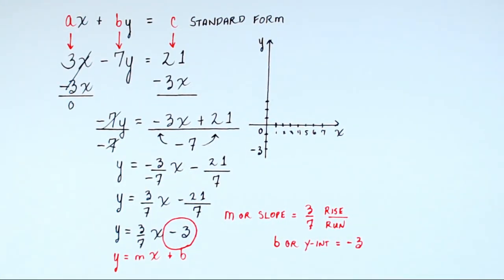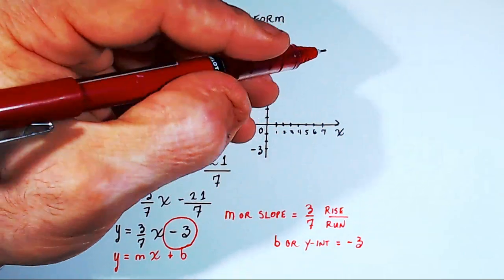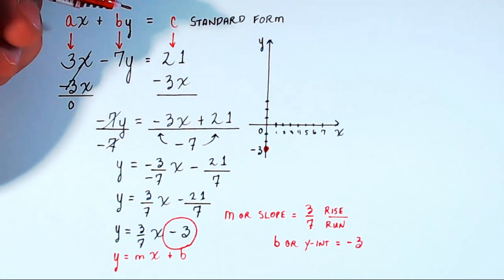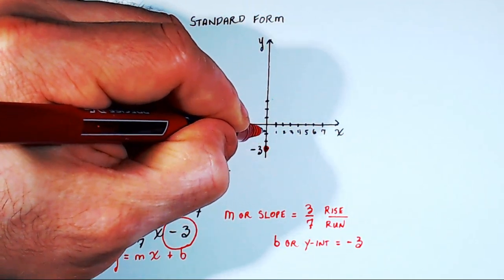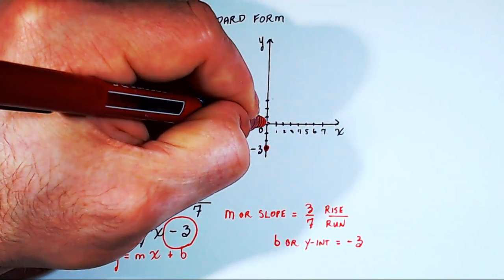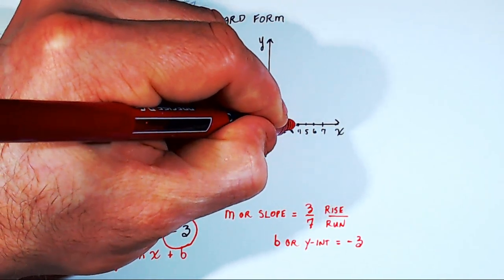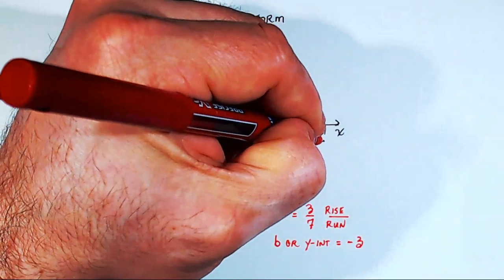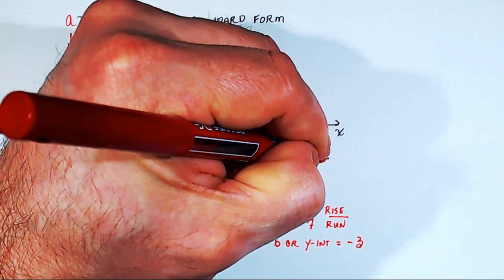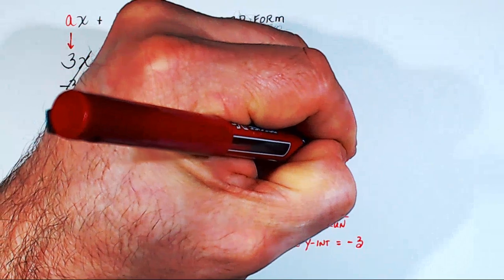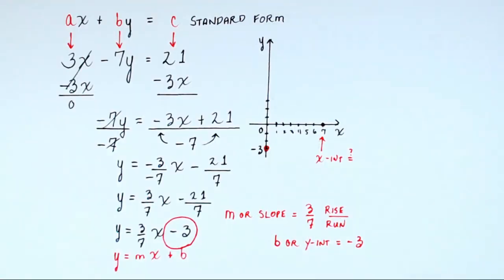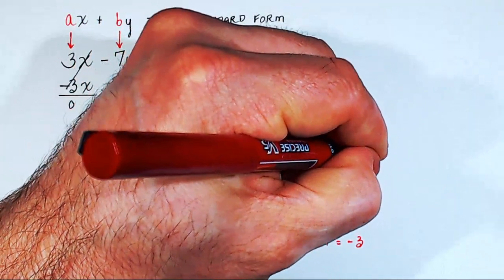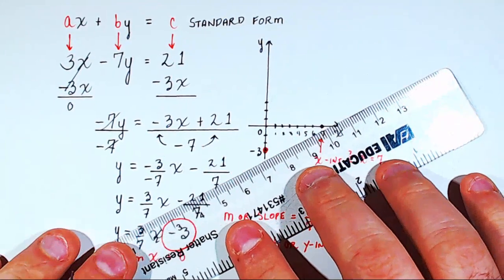If I'm going to graph this line, I start at the y-intercept of negative 3, and then using my rise over run for my slope, which is 3/7, I go up 3, 1, 2, 3, and then I go over 7, 1, 2, 3, 4, 5, 6, 7. So right there, visually, we have identified the x-intercept. We think, we'll put an equal sign with a question mark over it, we think the x-intercept is x equals 7. So let's connect those two dots, and you'll see the